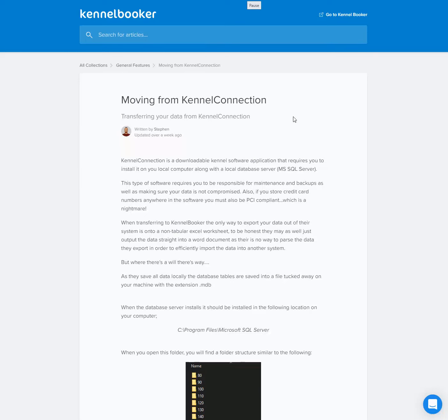Hi, in this quick short demo we're going to show you how to move your Kennel Connection database up into a Dropbox folder so that we can import your data. So Kennel Connection is one of the old style sort of kennel software solutions out there. It's a type of software that you download and install on your machine. Your database runs locally. You're responsible for the backup and maintenance of your software, as also you're also responsible for